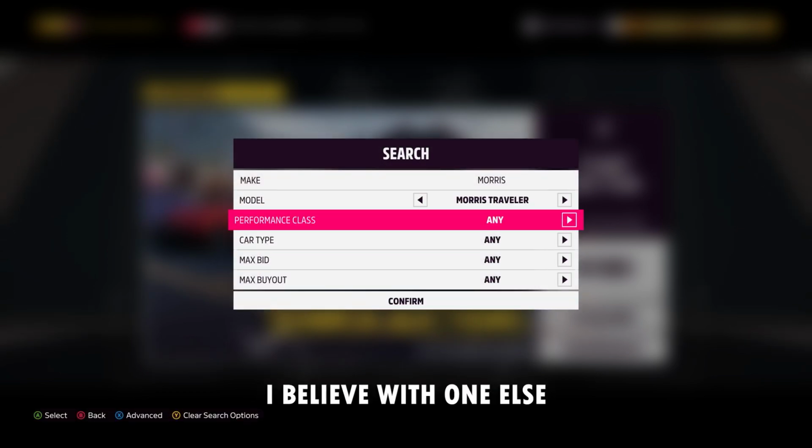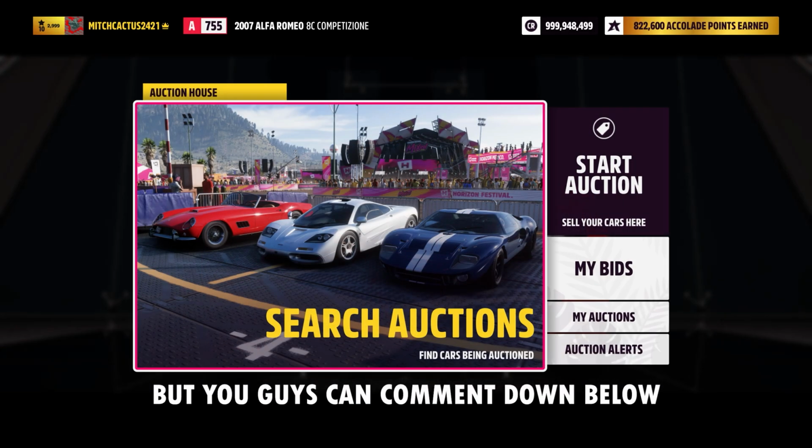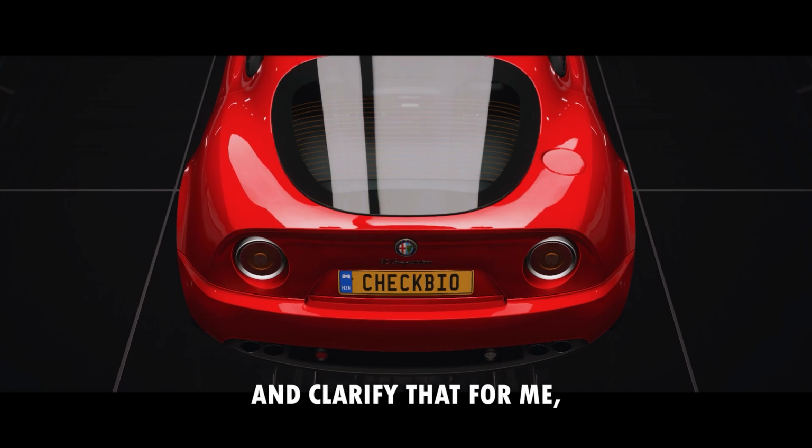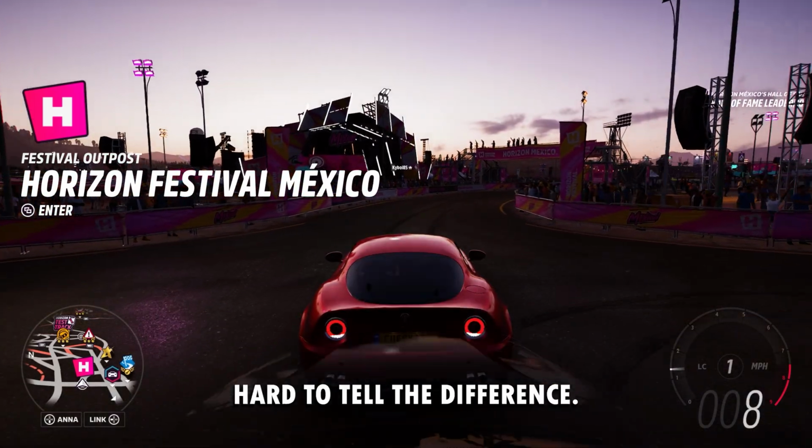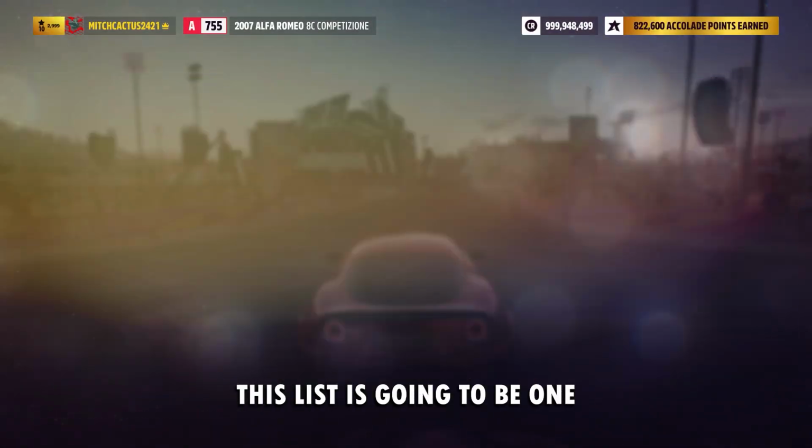Of course the Traveller, I believe with 1Ls, is the rare one, but you guys can comment down below if you want to go ahead and clarify that for me, because there's a bit of an ambiguity there based on the fact they're very similarly named and both of them are fairly rare, so sometimes it's hard to tell the difference. But guys, the next car on this list is going to be one that not too many people actually